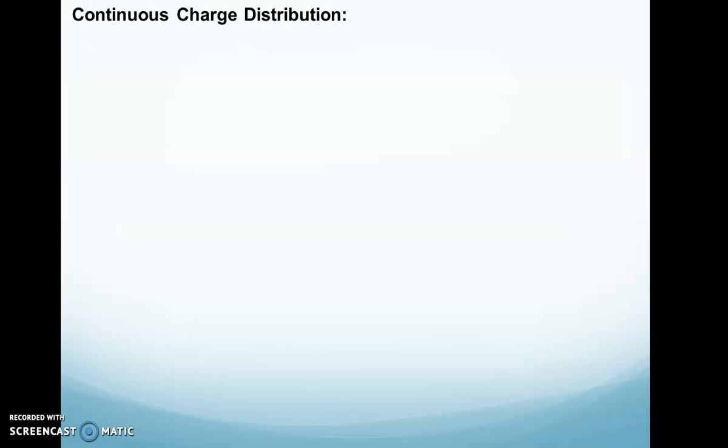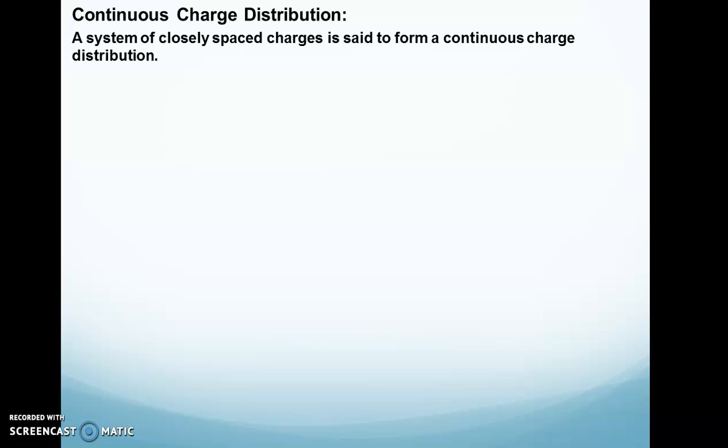Now the next topic is continuous charge distribution. When the observation point is far away from the charge, then the charge should be considered as a point charge, right? But if the charge is very near to the observation point, then the dimension of the charged body should be taken into consideration. That is called continuous charge distribution. A system of closely spaced charges is called a continuous charge distribution. It means if there are so many point charges placed very near to each other, that will be the continuous